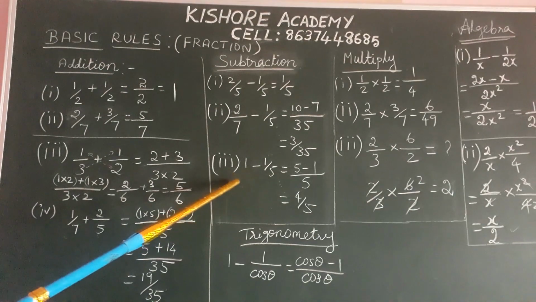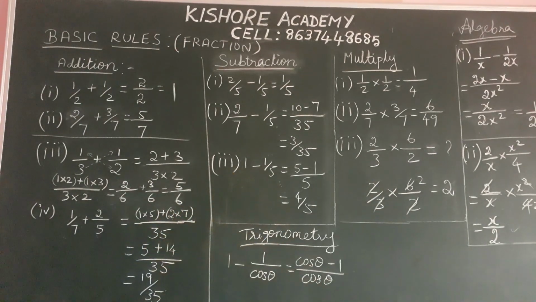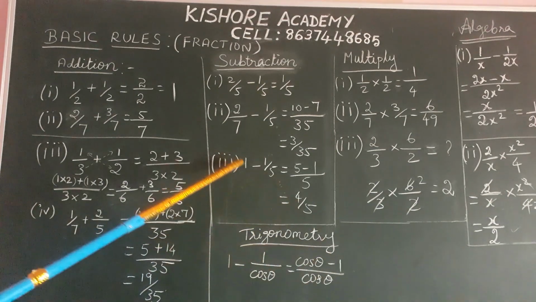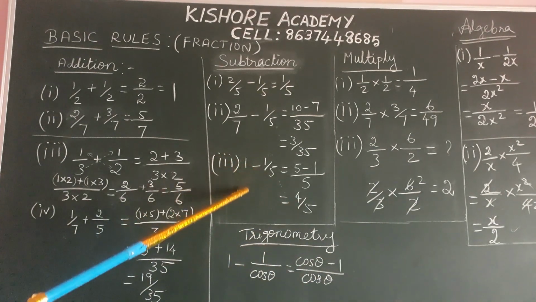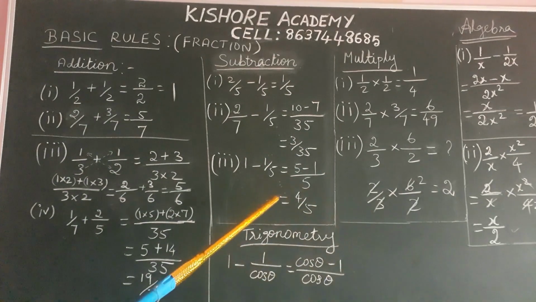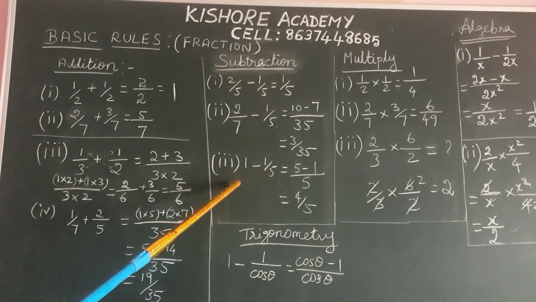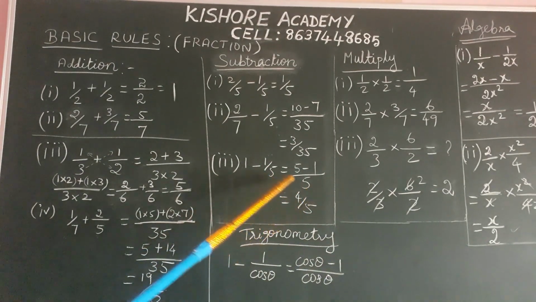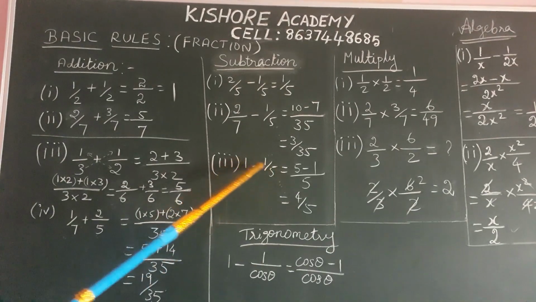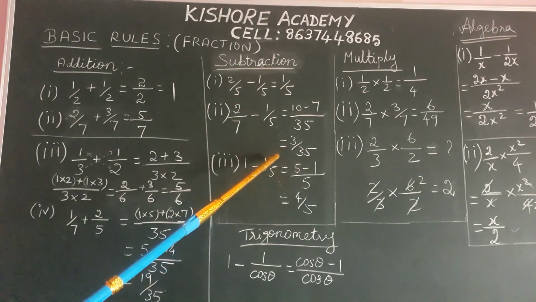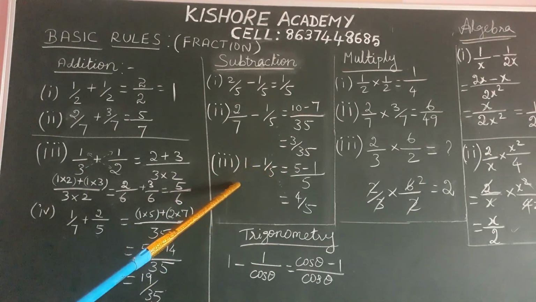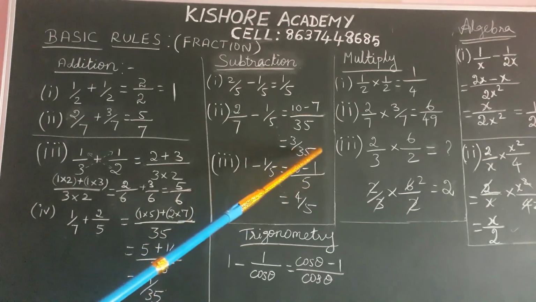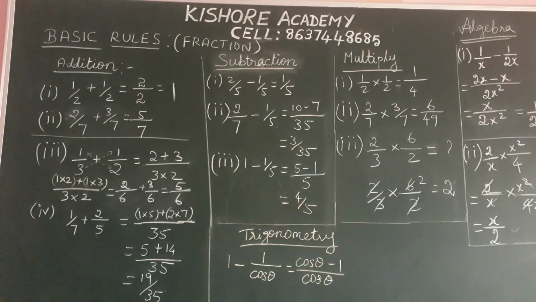If there is no denominator, just imagine that there is 1. So what value is in here? Here in the denominator, just imagine that there is 1. So now you multiply 5 with 1. So the value is 5. Then you cross multiply. 1 into 5 is equal to 5 and 1 is multiplied with this 1 denominator value, which is equal to 1. So 5 minus 1 is equal to 4. 4 by 5.